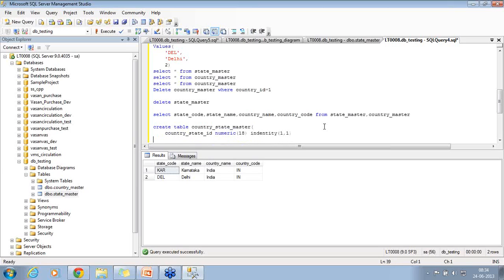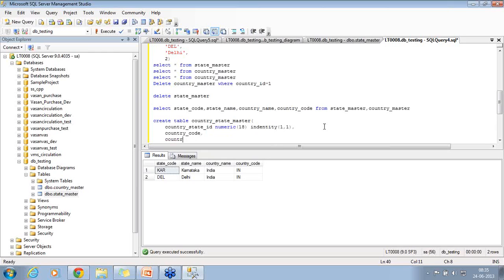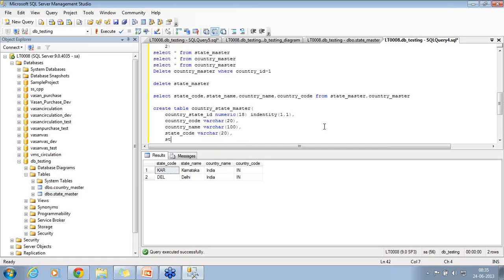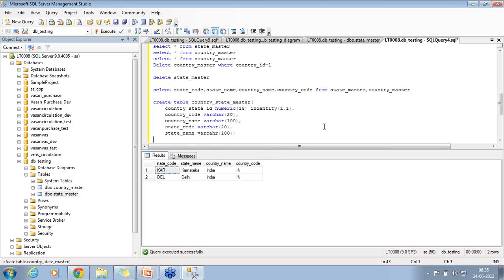I am creating a country code, country name, and I have to give the names here. Country code is varchar 20, the country name is varchar 100, and then state code varchar 20, state name varchar 100. So I have now created this table.